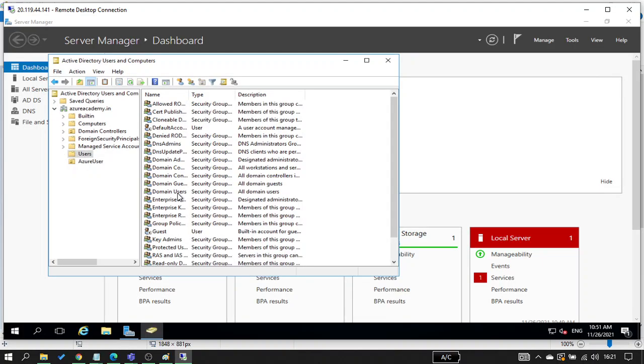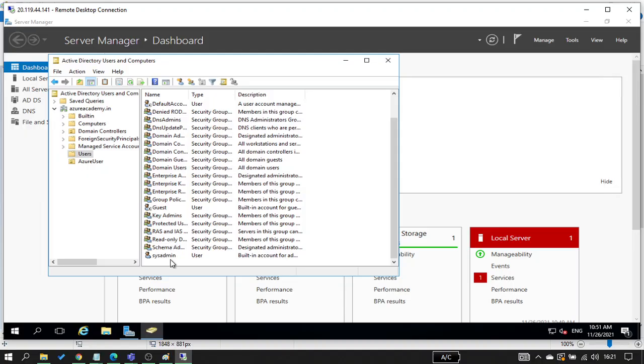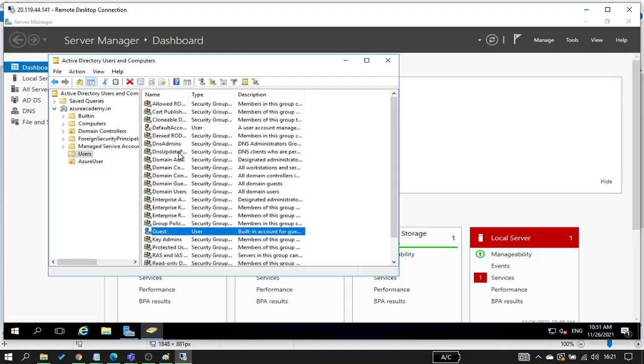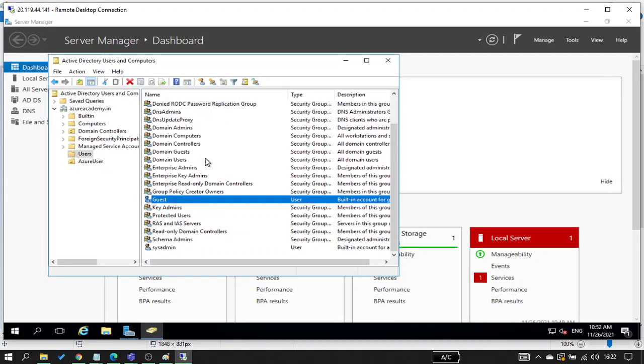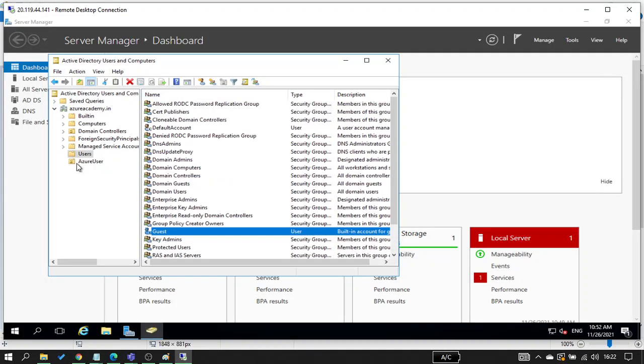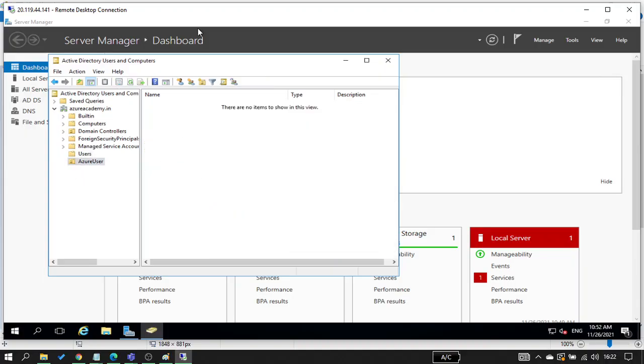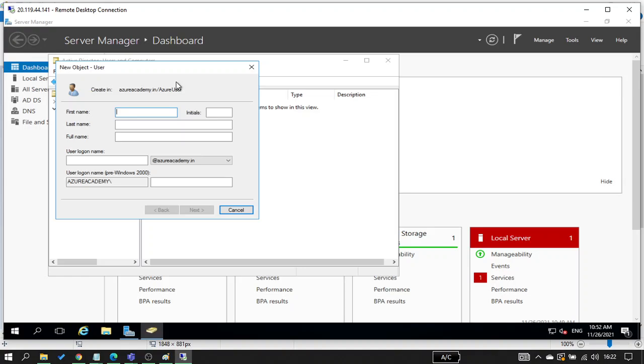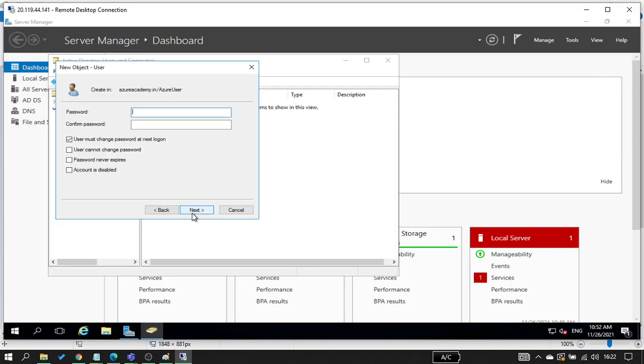There are default user groups there also. The user sysadmin is there, guest is there, and a lot of groups are already there. I don't want to mix and match. That's why I'm creating a folder, an OU called Azure user, and adding a user called user1 at azureacademy.in. The password,